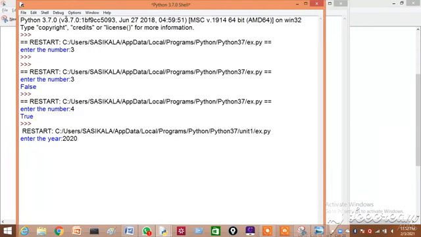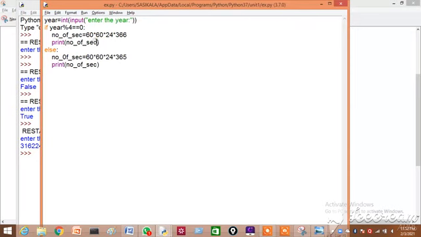For finding the number of seconds, we are using 60 into 60 into 24, this is the calculation part. This is general for everything. It is for finding the number of seconds per day, per year. That is, 60 into 60 into 24 is the number of seconds per day. Then into 366, you will be able to find the number of seconds in a year. Now we have to save this.